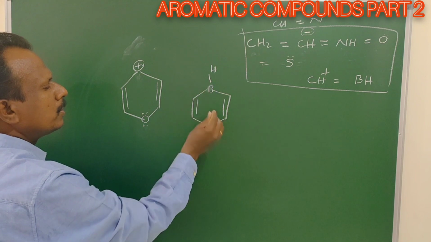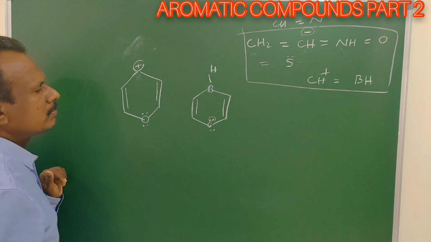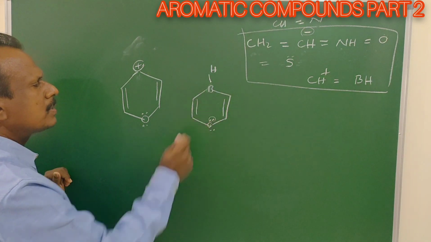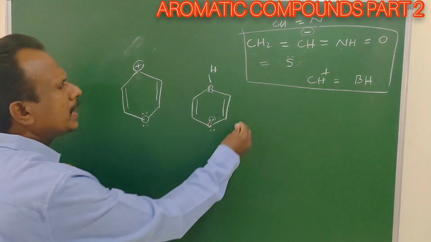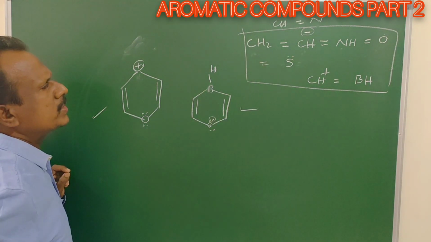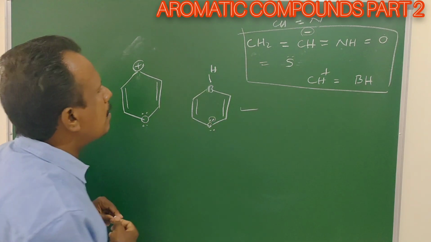sp2. So the lone pair of oxygen and 3 to 5 pairs delocalize. It is also a planar molecule and follows Hückel rule. So it is an aromatic compound. All these are the 6-membered aromatic compounds. Then we discuss 7-membered compounds.